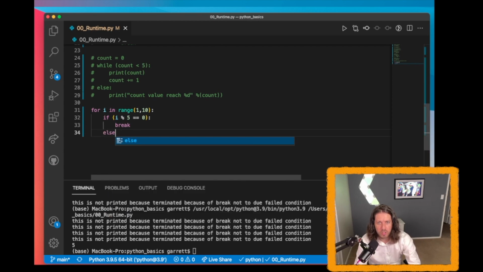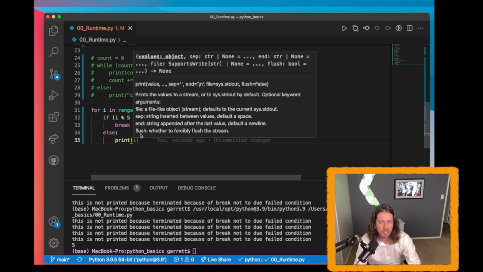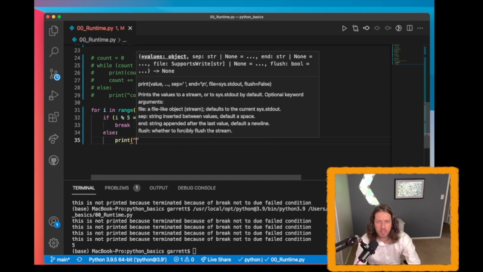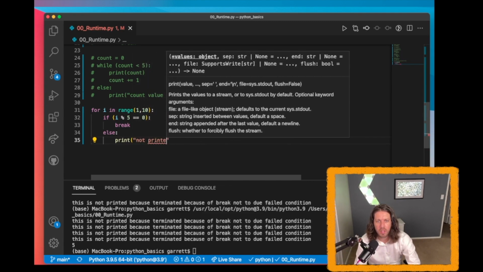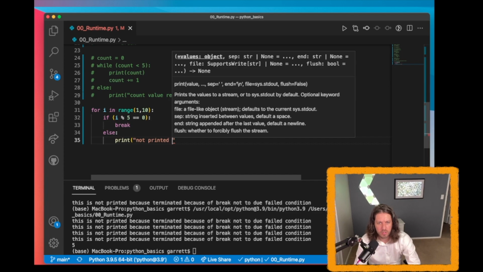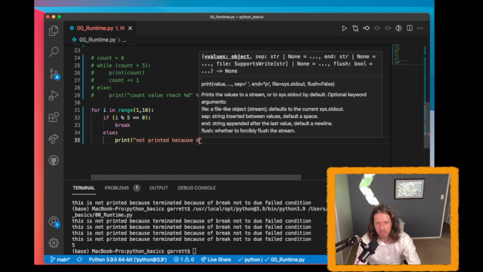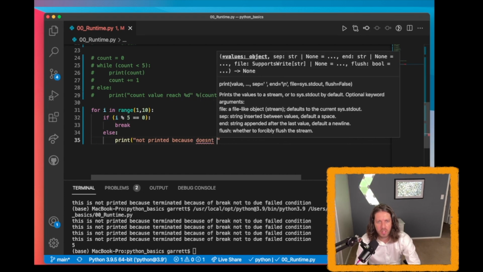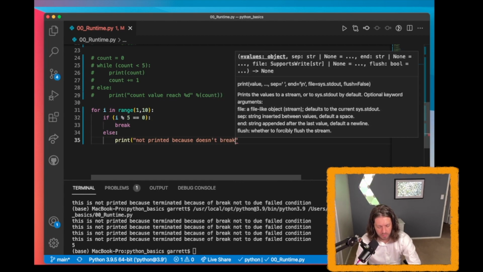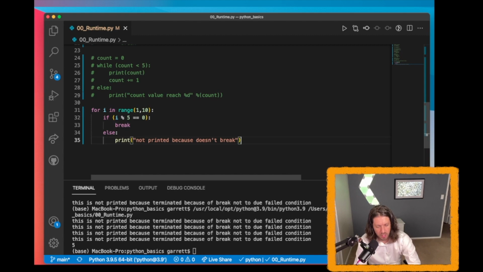Or else, we're going to print i. In the example, what they say is it's not printed because it doesn't meet the break condition, basically. So then if we run it,